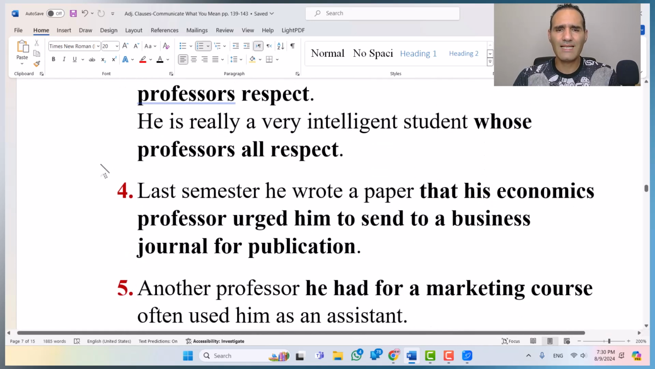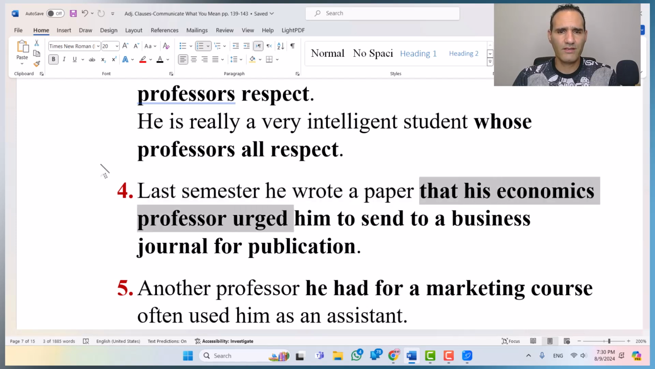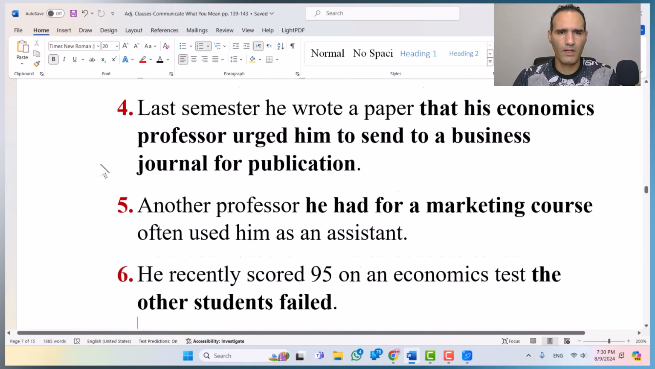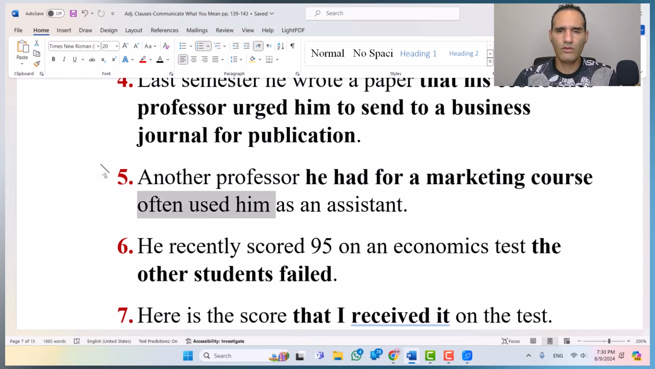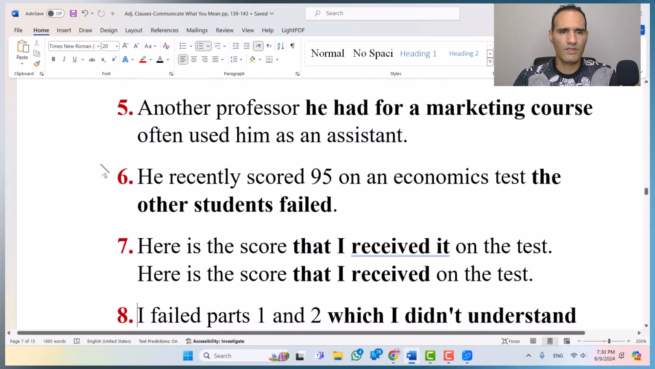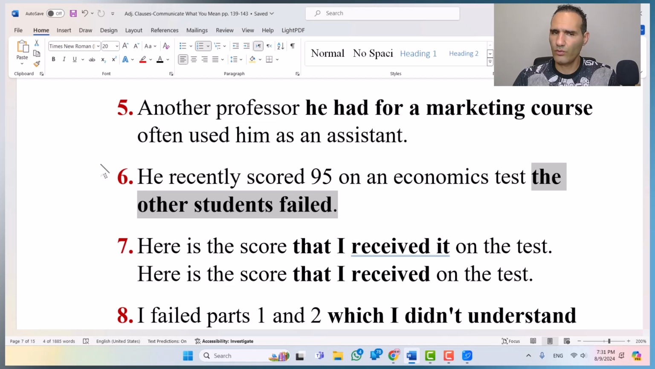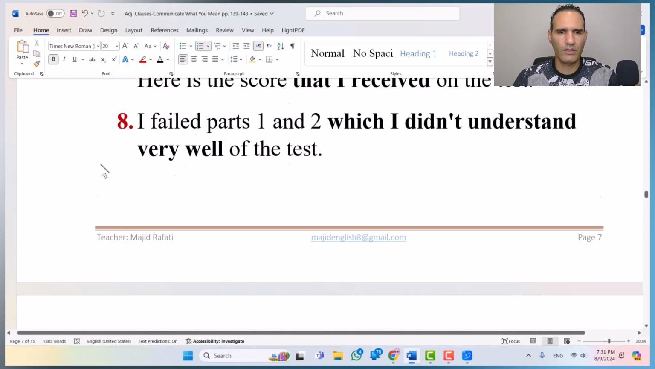Number 4: Last semester, he wrote a paper that his economics professor urged him to send to a business journal for publication. Correct and no problem. Number 5: Another professor he had for a marketing course often used him as an assistant. Correct and no problem. Number 6: He recently scored 95 on an economics test that the other students failed. Correct adjective clause without any mistake. Number 7: